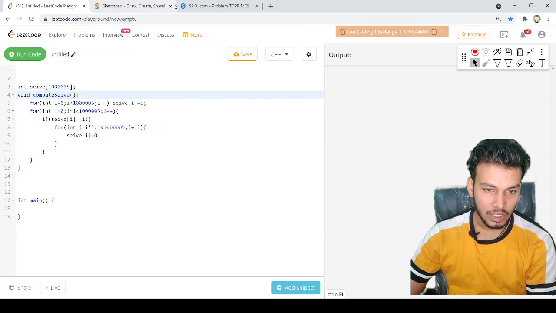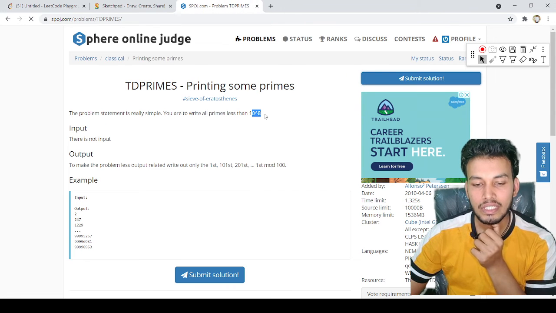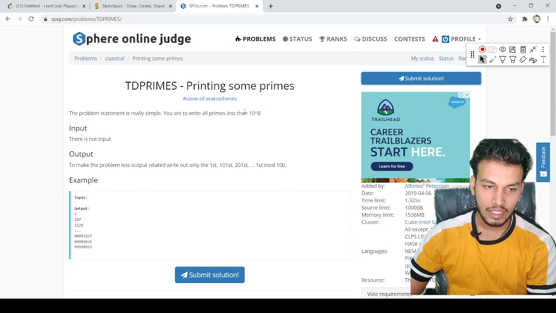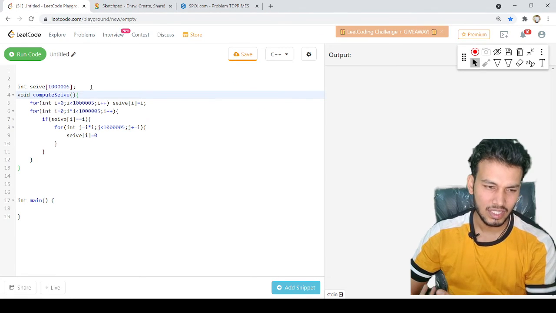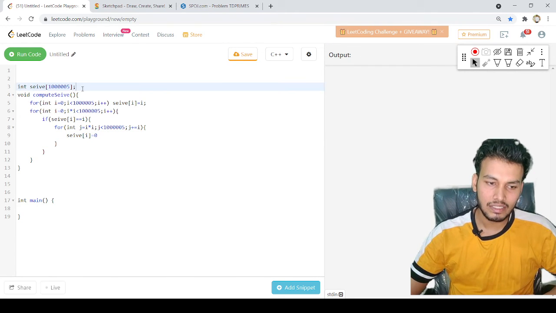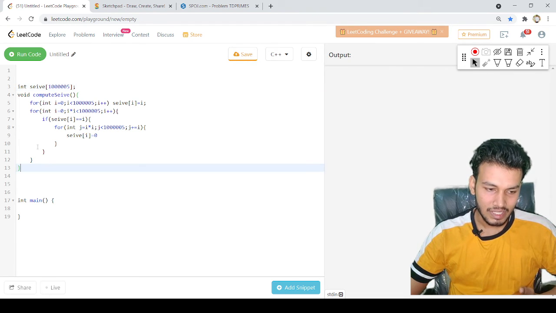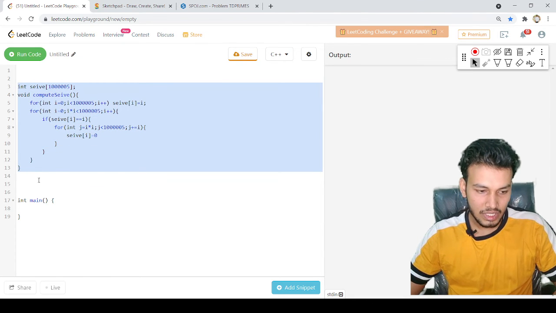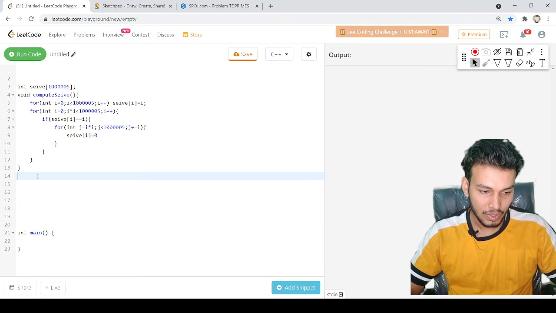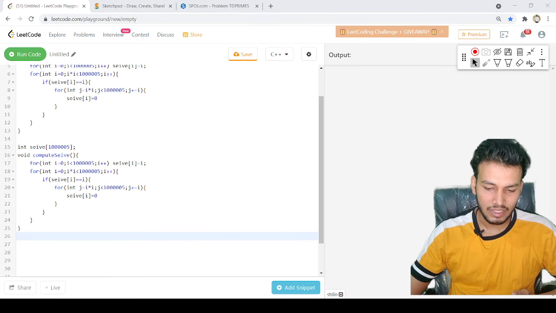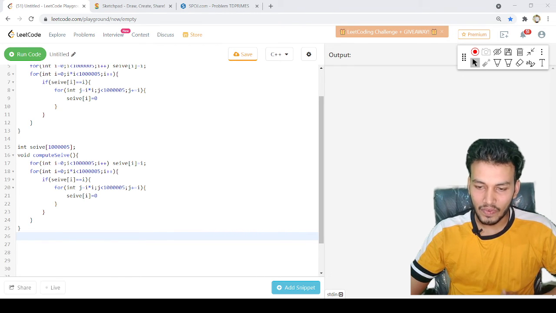Okay, so it was not 10 raised to power 18, it was still 10 raised to power 8. So we need to print all the primes till 10 raised to power 8, and that's easy. Because if you remember, outside the int main function, the maximum array size for int, float, double, char is 10 raised to power 7, and for a boolean the maximum size allowed is 10 raised to power 8. So instead of doing everything in int, we will do this in boolean. So we can convert this simple sieve into the boolean sieve, and it will work for 10 raised to power 8 as well.